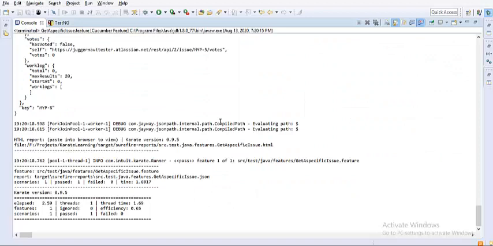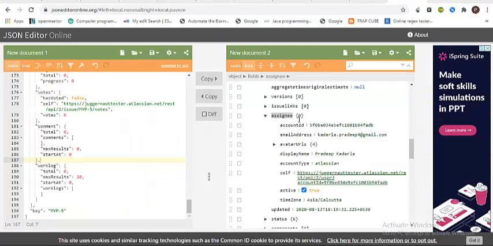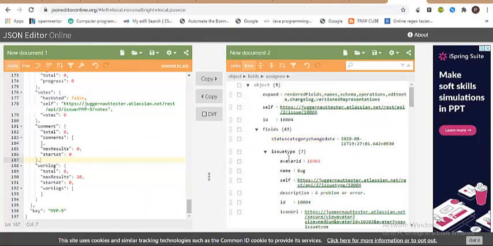We have asked Karate to print it. Let's see how this basically works. Let's check, guys, because we wanted to initially verify what is the name present for it.